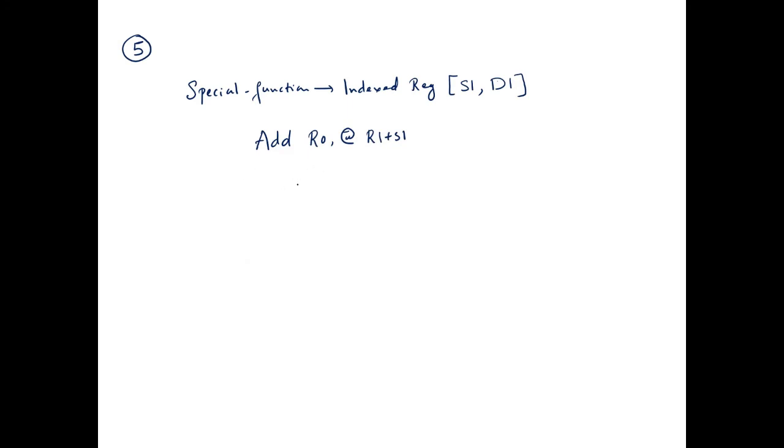Now what will this instruction do? It will add the content of R0 with the content of the memory location whose address is given not only by R1 plus SI. Say for example, SI is something like 1000, the source index register, a kind of array. So we have an array, right? int A of 10. Now, if I write some values here, 1, 2, 3, 4, like this.